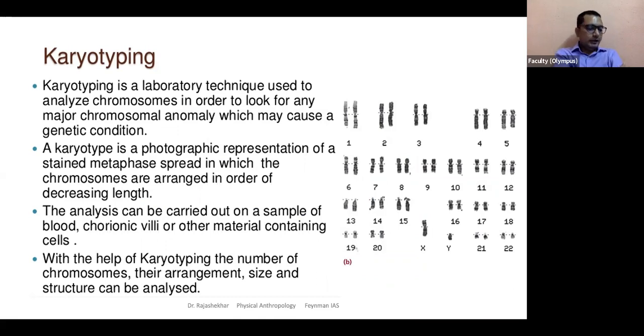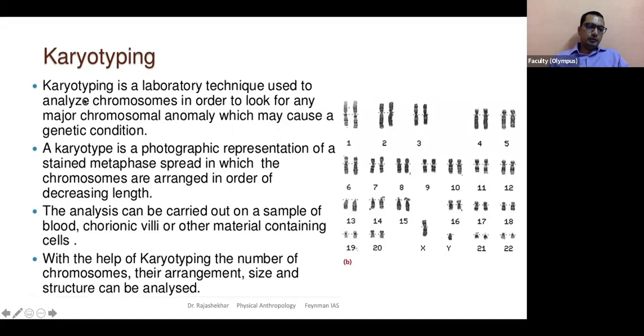So next we'll learn about karyotyping. We already saw images. You are familiar with these images. Let's briefly learn, in case they ask you to write about cytogenetic methods or specifically karyotyping, what would you write for a short note? So first of all, you have to explain what is karyotyping, right?